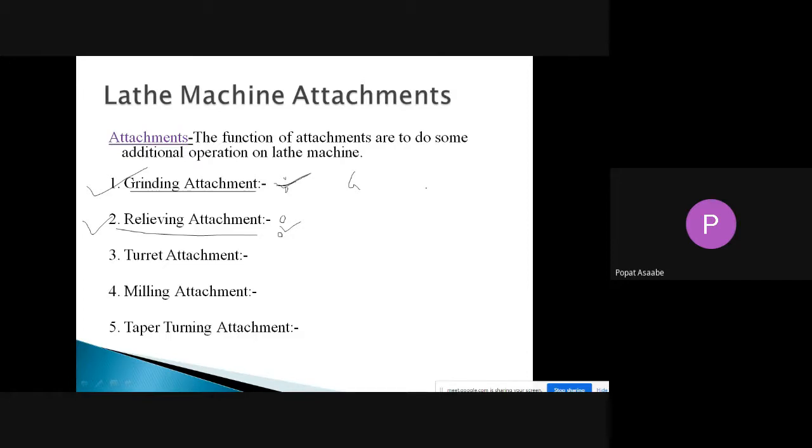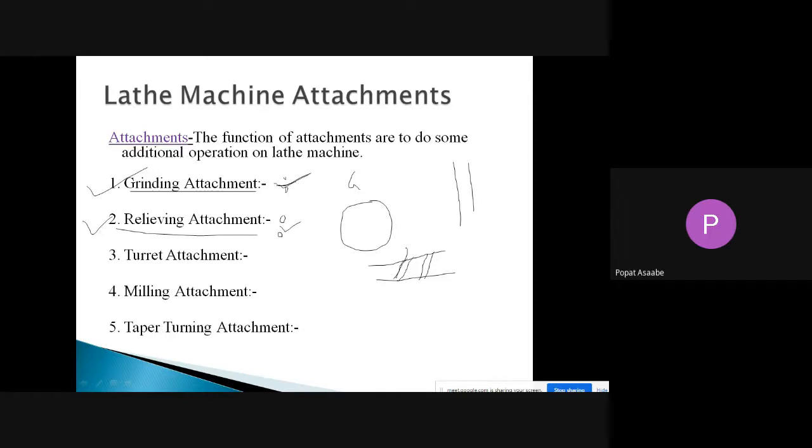Suppose everybody knows the milling cutter. Have you seen the milling cutter? I think everybody knows the milling cutter. Or suppose we have seen the drilling tool, the reamer, the taps. On such devices, flutes are provided. You know flutes. Such flutes are provided on the drilling tools or the milling cutter. The function of the flutes is to remove the chips. Whatever chips are generated during the removal of material, they move outside with the help of the flutes.